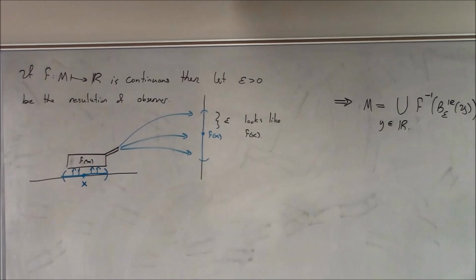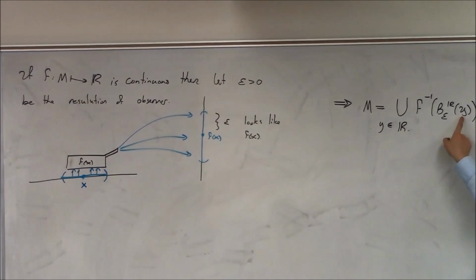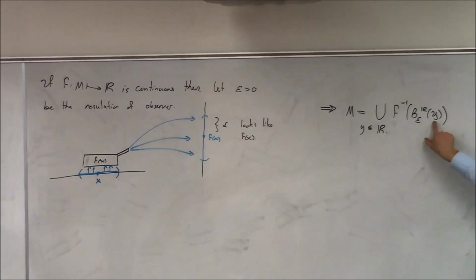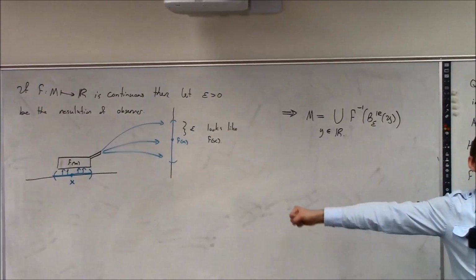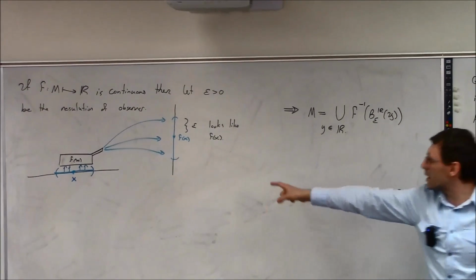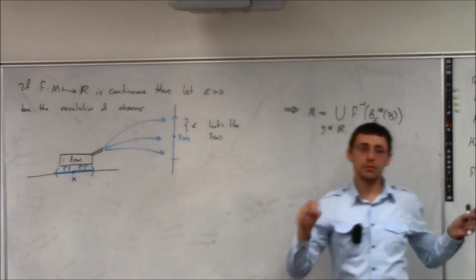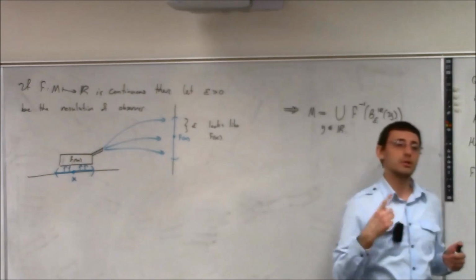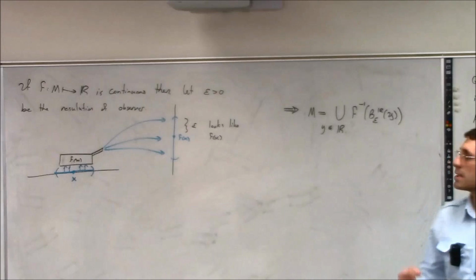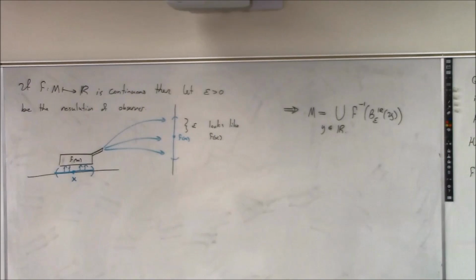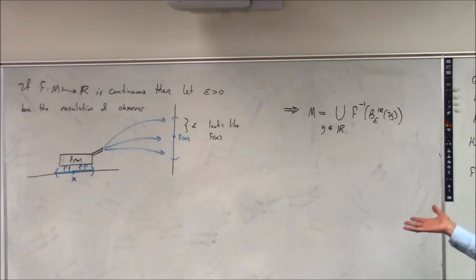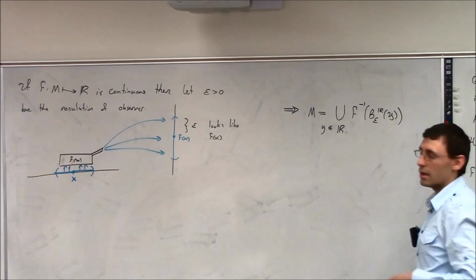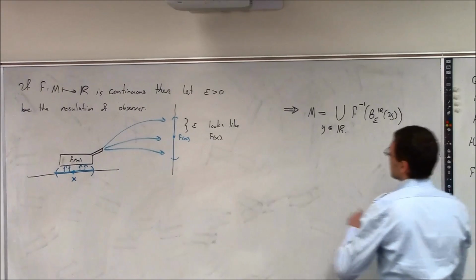So what does it mean? It means just the union of all things that will be judged by the observer as hitting the different points y. The inverse image of the ball of radius epsilon around y is all those things that this water gun will splash somewhere onto the wall, and the observer whose resolution is epsilon thinks it's just the point y. Make sense? If it's the empty set, that's fine, right? That means nothing hits there. Now this thing,